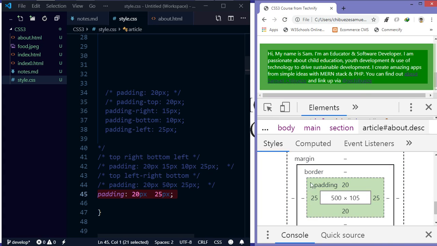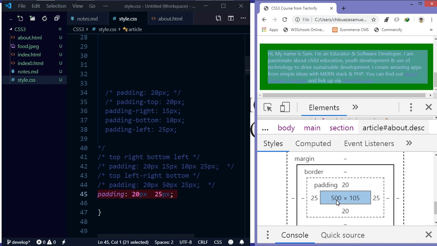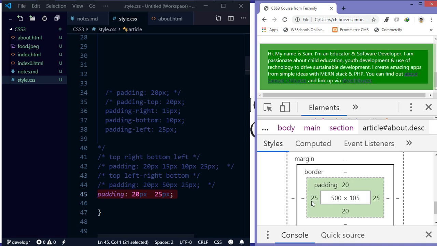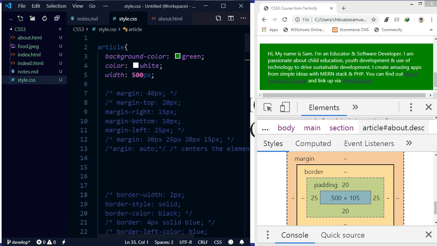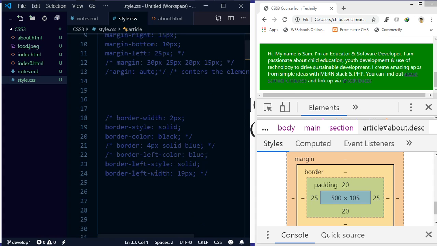And then we reload. You see that the element now has a width of 500, and then on the left and the right, this is 25, 25, that's 50. So the total width of this element is now 550. So if I also put margin